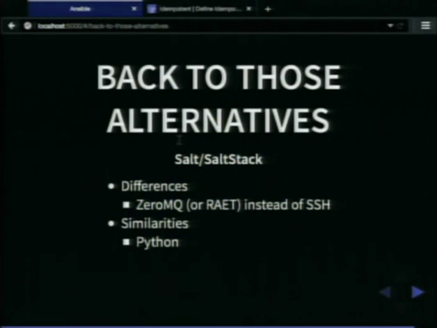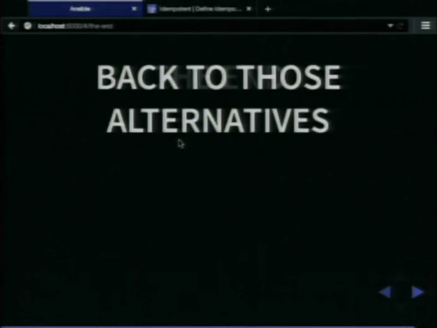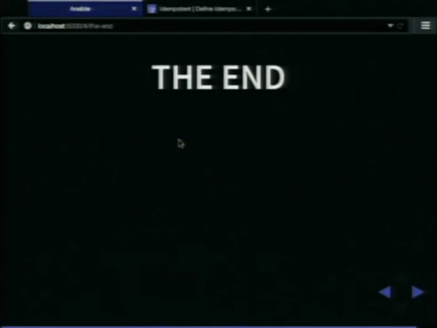I know SSH, I understand it. 0MQ is a programming library. And I'd rather separate those things, keep the concerns different so that I'm using SSH to remotely get into my boxes, not some back end that I can't manage and control. However, Salt and Salt Stack is also written in Python. The end.